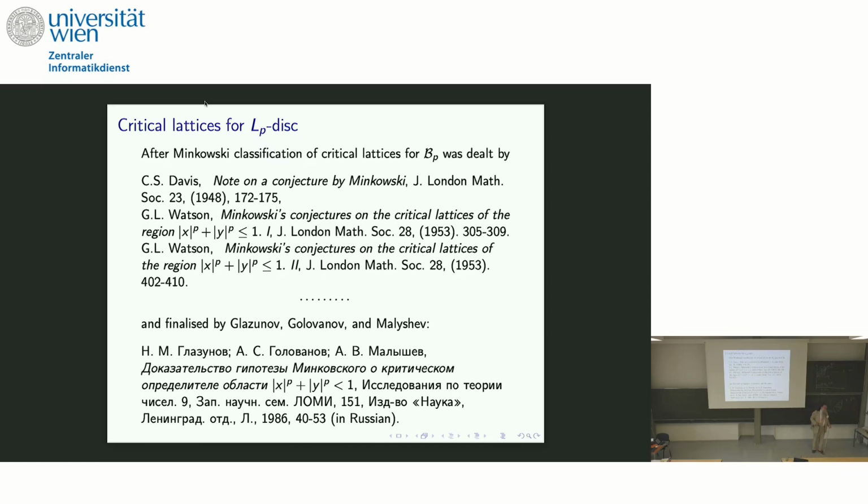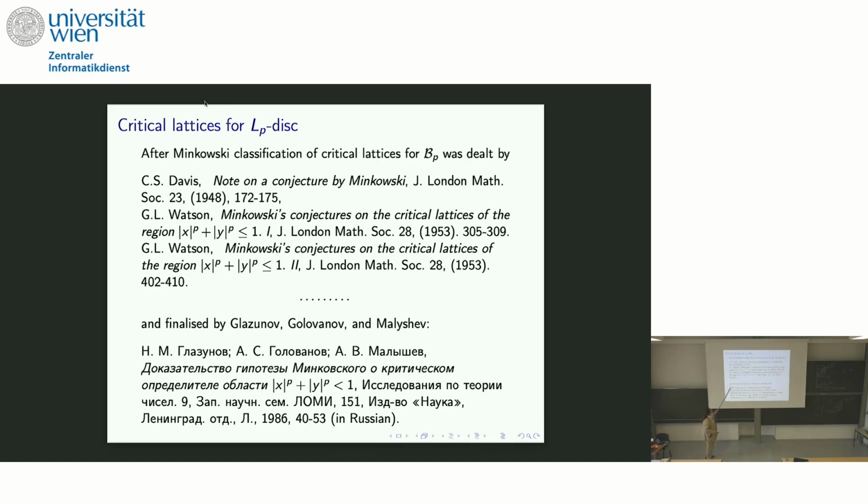It started with Minkowski with a false conjecture. Davis realized that this conjecture is false and improved the Minkowski conjecture. There was a long story with many results because it turns out, although theoretically the problem is almost trivial because any critical lattice has three points, z, y, and z plus y on the boundary, and there is nothing to calculate theoretically, but practically there are difficult calculations, and some time passed,